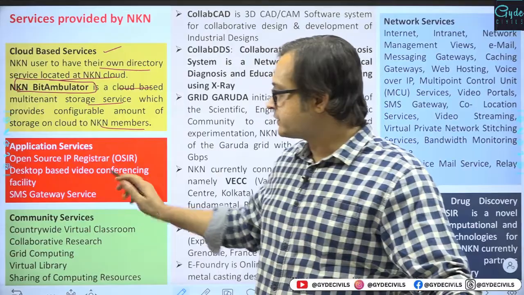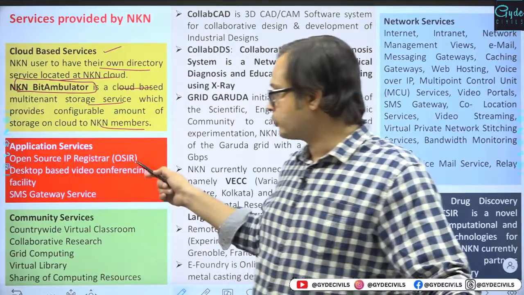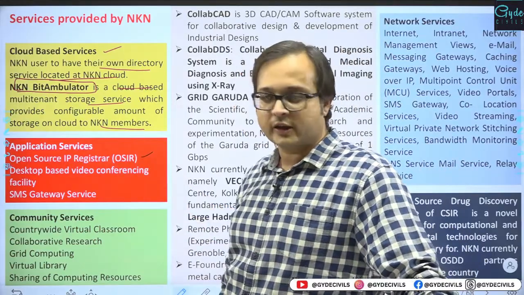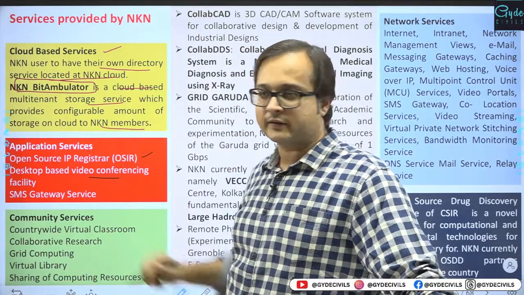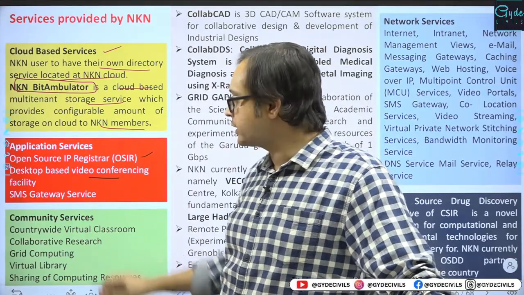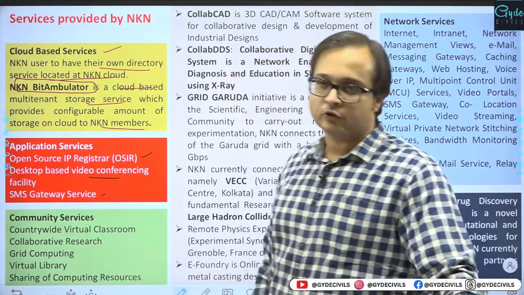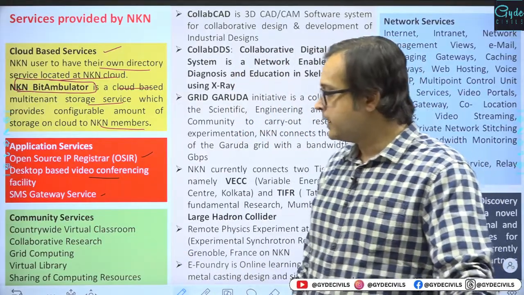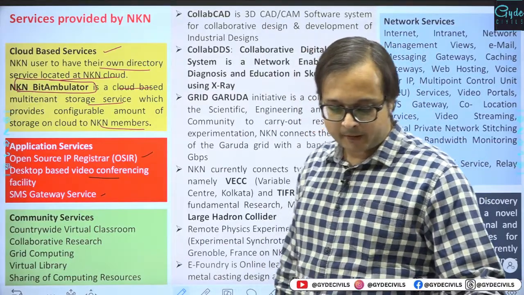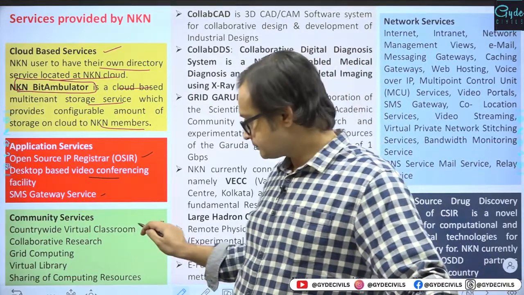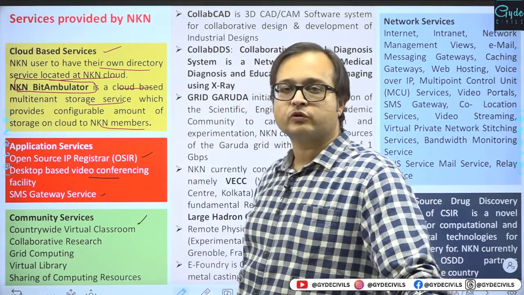Then application services are being provided, where open source internet protocol registration can be created. Desktop-based video conferencing can be created as a service through the National Knowledge Network, and an SMS gateway service can also be created using the National Knowledge Network. Then there are multiple community services which are also being provided, like the countrywide virtual classroom, holding a virtual classroom from one